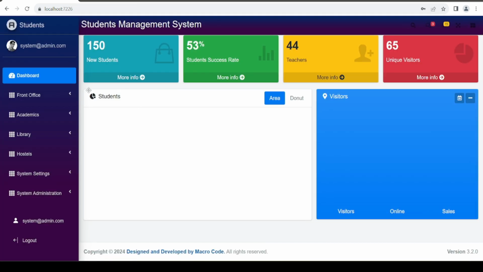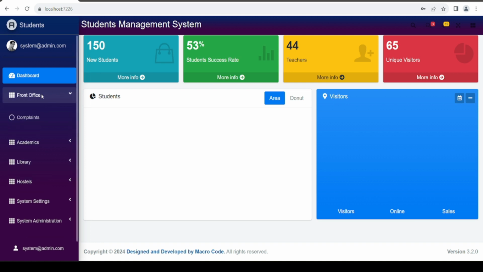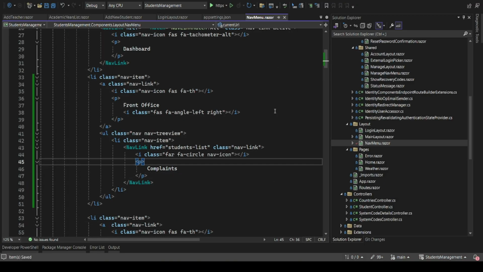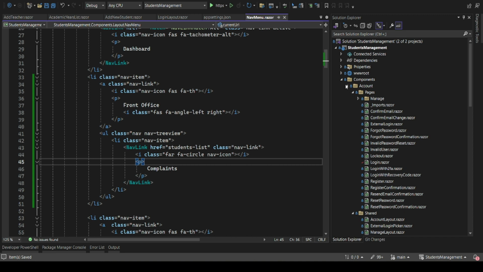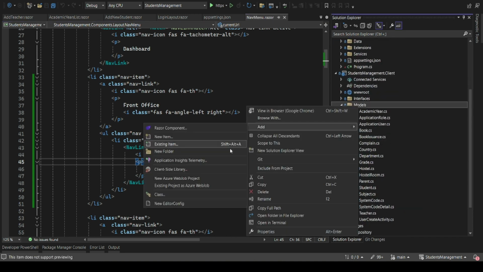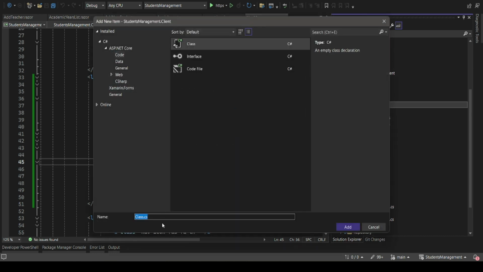So just logged in, and you can see we now have our module called front office, and we have a sub area called complaints. But now, before we actually begin and do anything, I want us to add a model that will now store all our complaints within the system. So I'm going to create a model here, and I'm going to call it